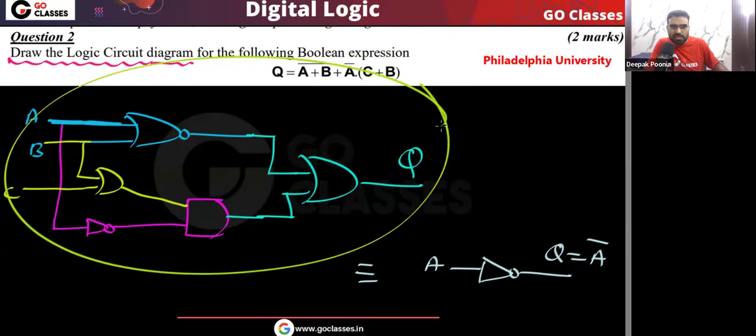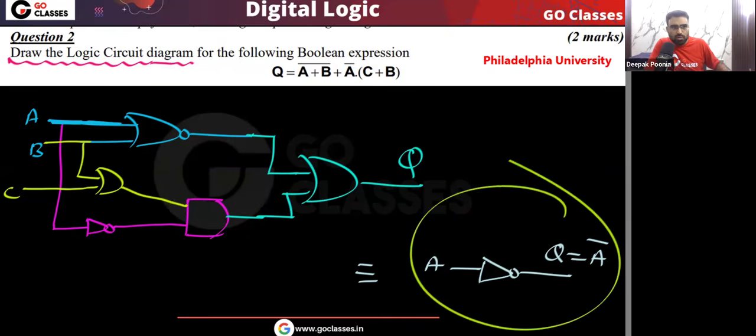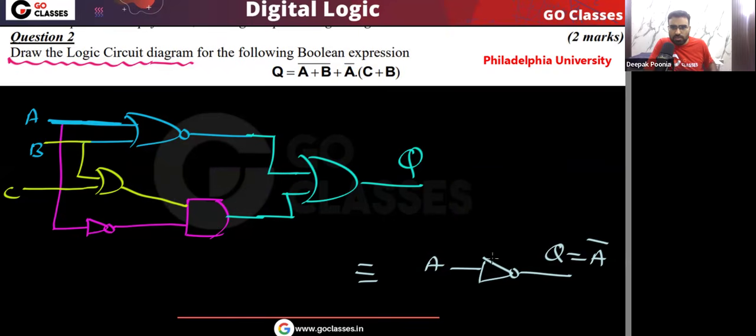Okay, if you create this digital circuit, then the cost will be high. You need to purchase many logic gates. You need NOR gate, you need OR gate, you need AND gate, you need inverter, you need OR gate. But to implement this digital circuit, the cost will be very less. Only one inverter you need. So this is the benefit of simplification, so that we can simplify the logic circuit. Very simple.